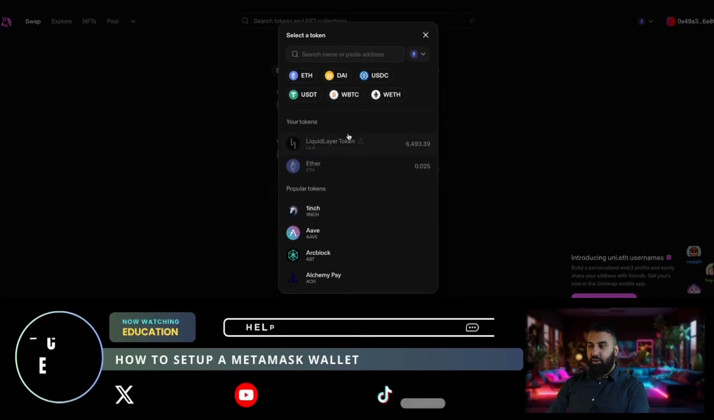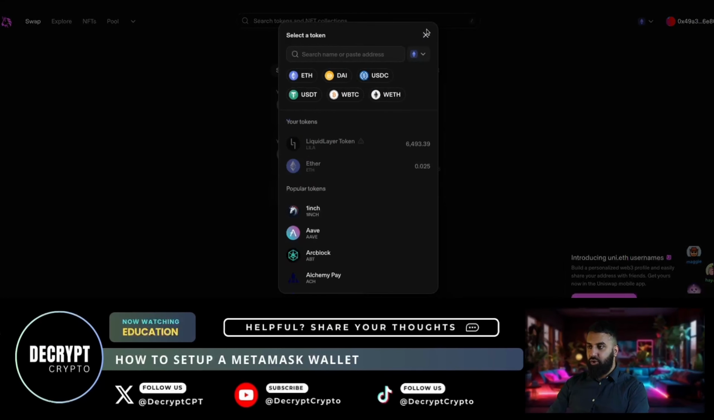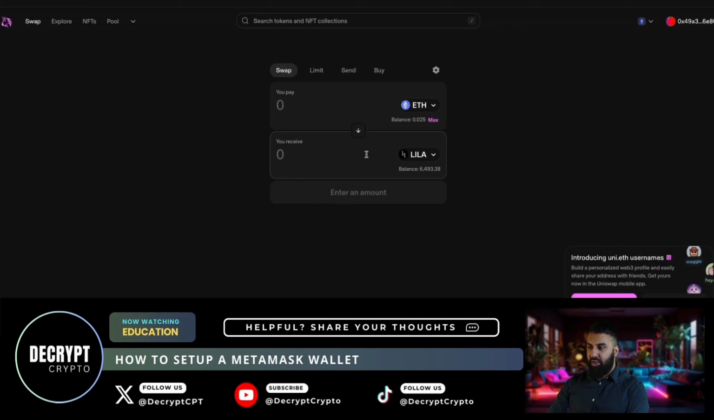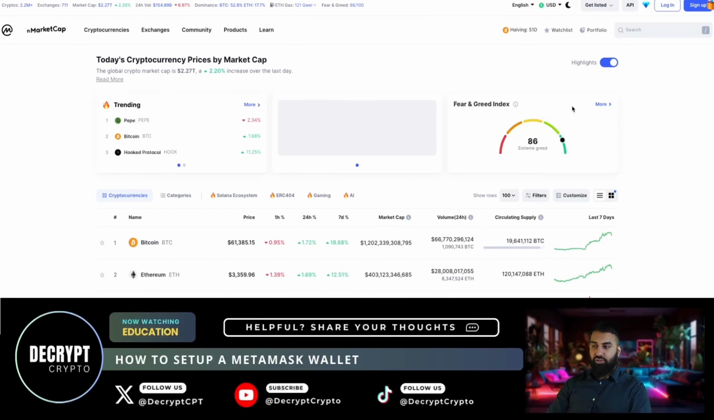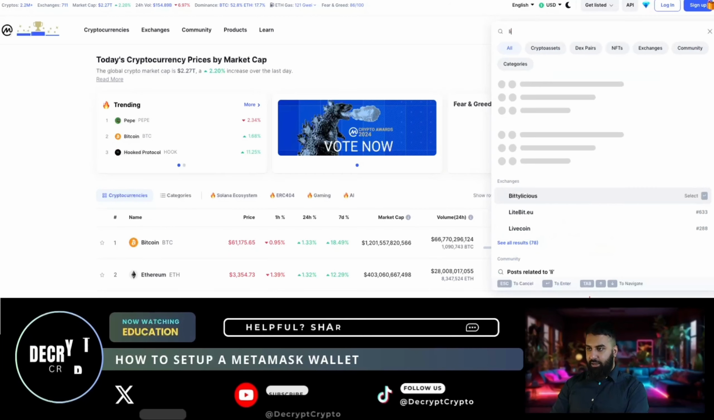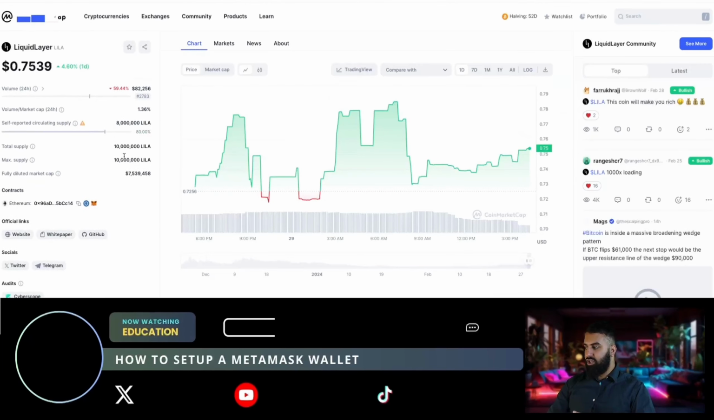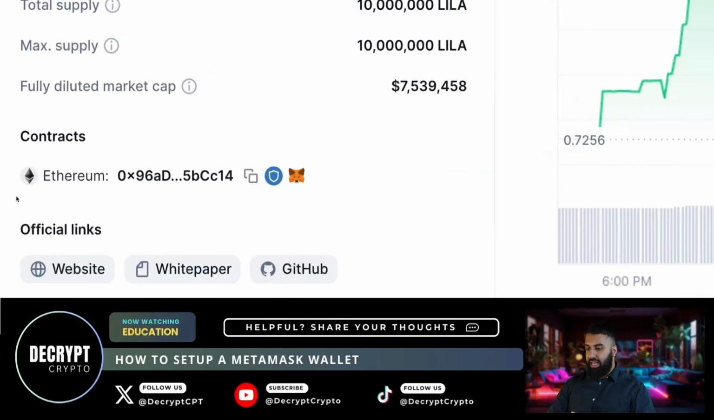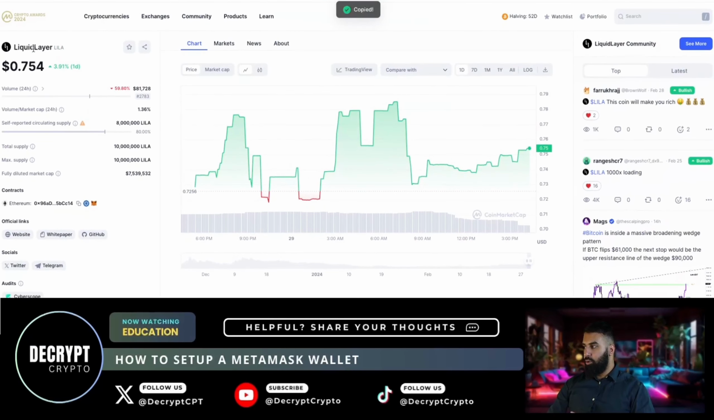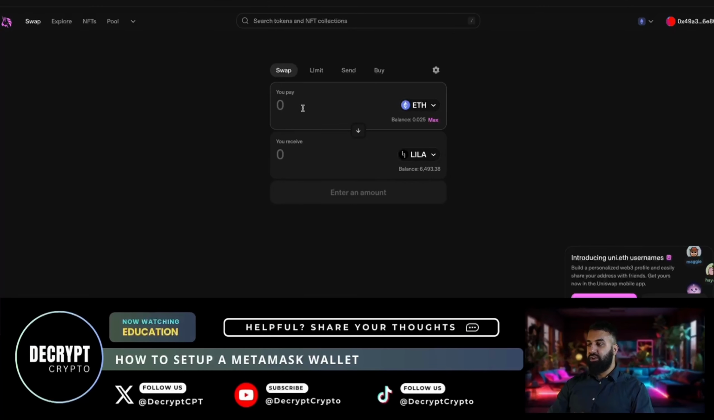So this isn't the right way to do this. The best way to select a token that you would like to buy using your Ethereum is this way. So first of all, just go to CoinMarketCap, type in the project that you would like to purchase, and over here on the left what you will have is their contracts, and this is the contract address for this Lila protocol. Okay, so I want to buy this one, so I'm just going to go back to Uniswap,